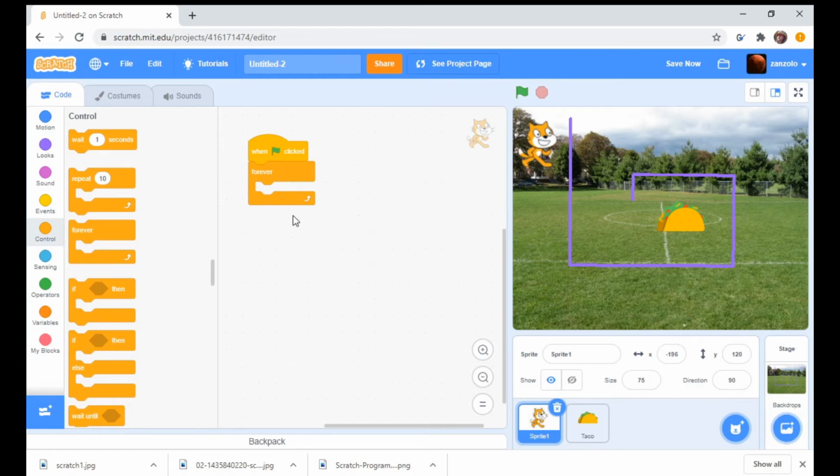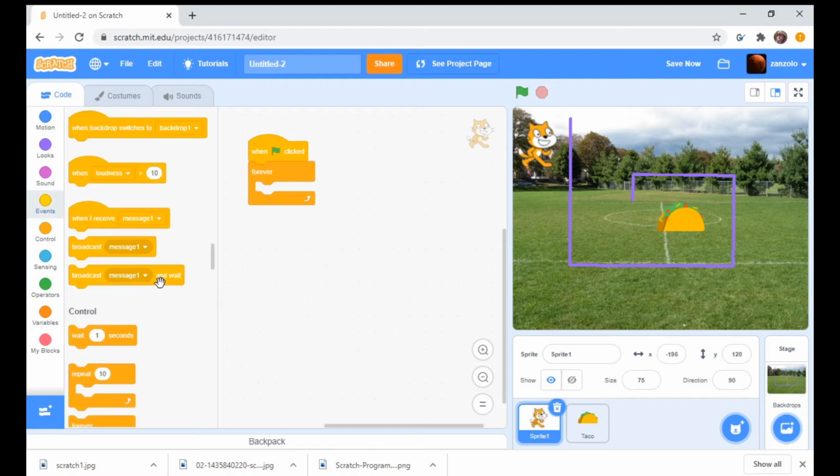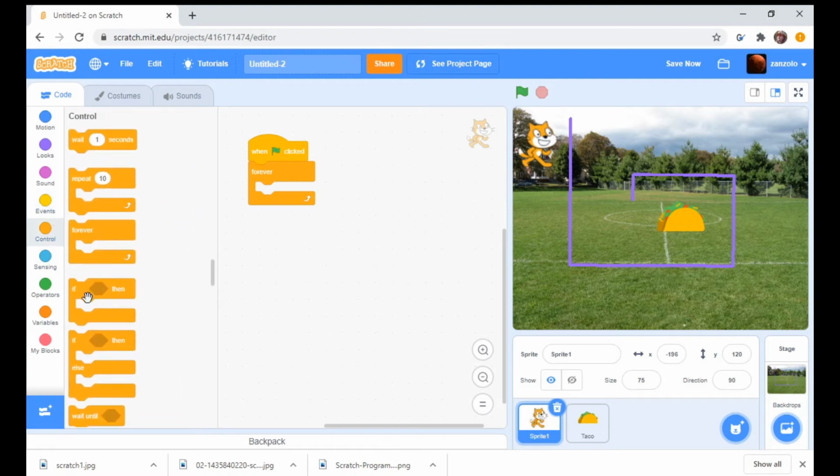What we're going to do is check if the user's pushing down. And if is an event block. Or no, I'm sorry, it's control. There we go. If, right? So when the green flag is clicked, forever and ever, we're going to check if down key